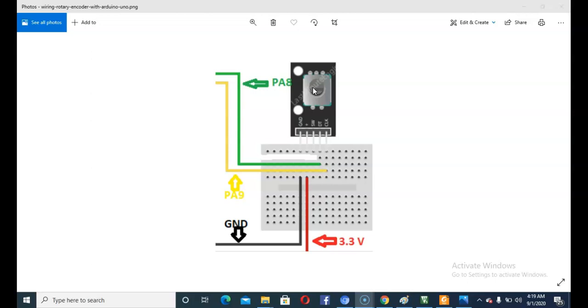In one rotation, it can give how many pulses, that is PPR. Suppose if I rotate this knob once, one complete rotation, and the pulses given are 360, that means 360 PPR is the rate of this rotary encoder.